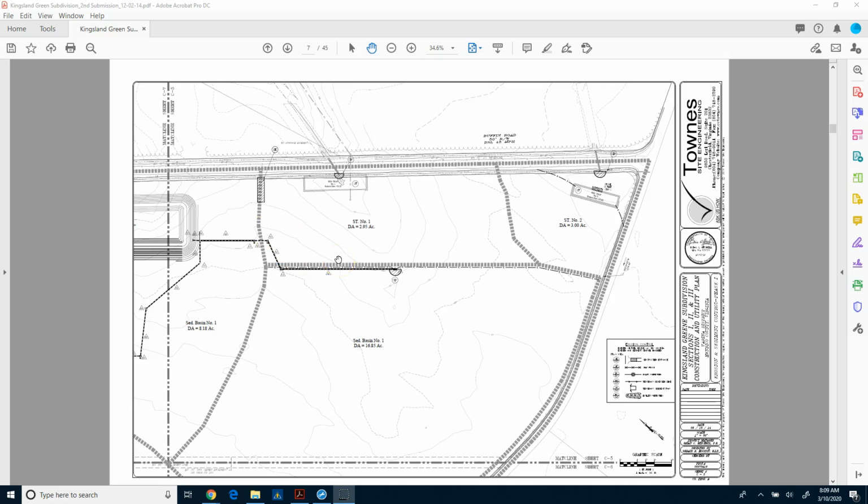So the next set of sheets in a subdivision set could be, and in this case, is the erosion and sediment control. Sometimes there's multiple phases because throughout the phases of construction, they have to put in different erosion control measures. And the purpose of this is to keep dirt and materials from leaving the site and sand and silt getting into existing waterways. So if we were to zoom in and take a look at these sheets here,